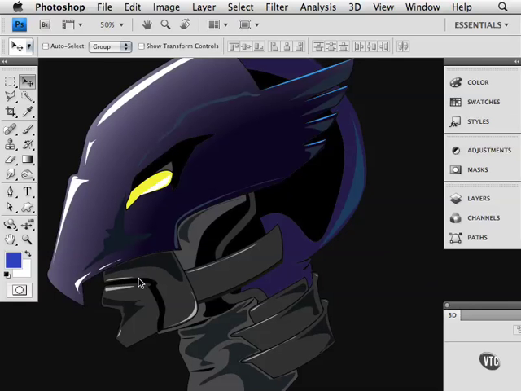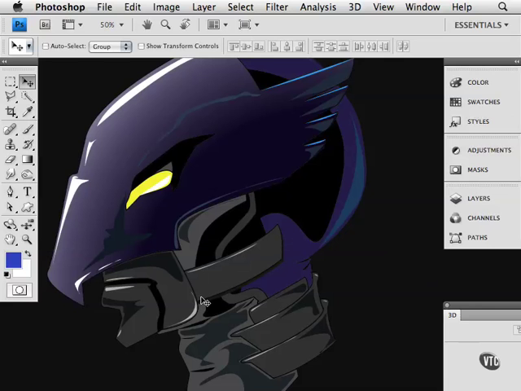Gradients and their use is becoming more and more popular, especially in comic book artwork. What I'm going to do is show you how to use gradients to do just that. You can also use gradients in regular photography to add effects such as fog and haze to an image. So let me go ahead and show you how to add some gradients, for example, in this jaw strap of